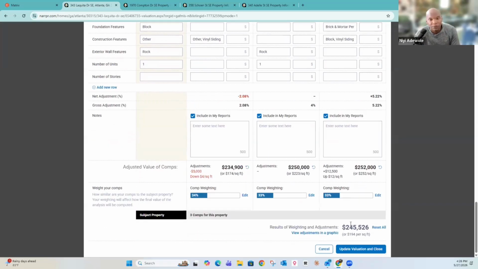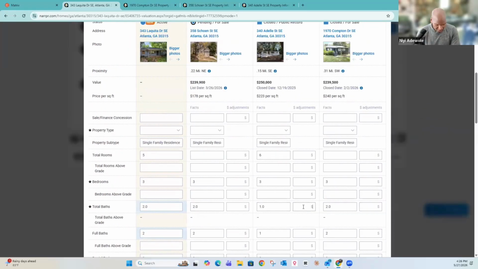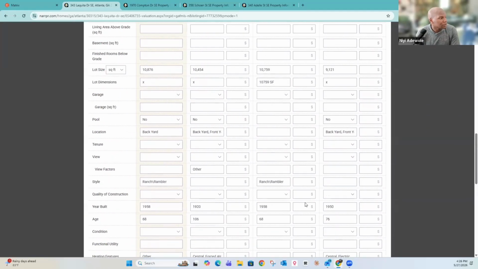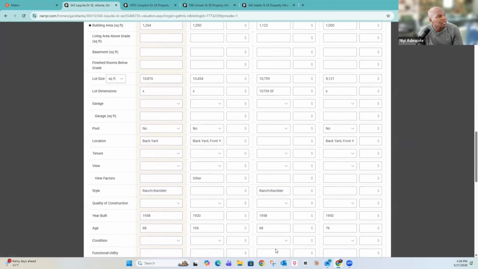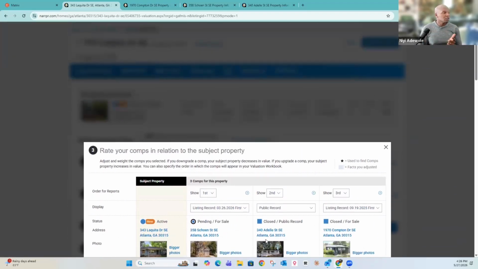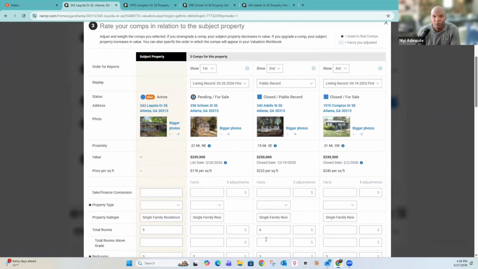And so if you fully renovated it and made it a 3-2, let me make sure, this one we're going to give 5,000 for 3-1, or 10,000 for a bathroom. You'd be looking at 248 or 250. Right? And you can see that these comps are all pretty tight together. And so this is one where you're pretty reasonably sure that when I renovate this, it's going to sell for 250. So now the question is, what's the cost to renovate it?